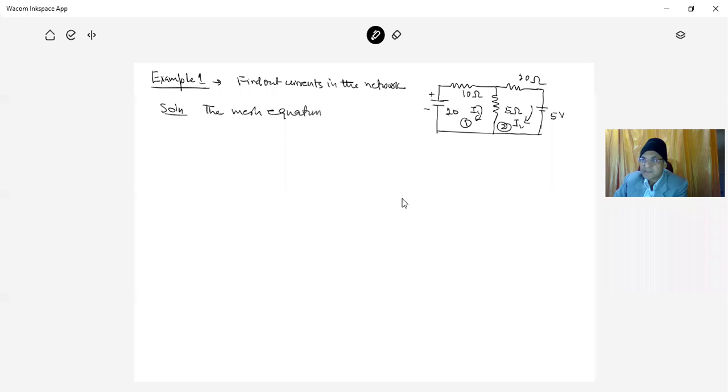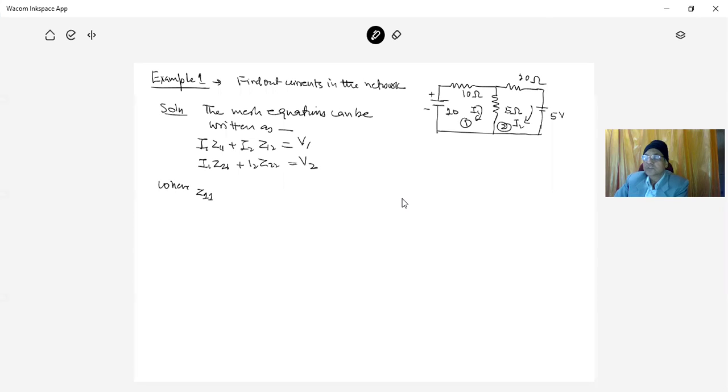Mesh equations can be written as I1 Z11 plus I2 Z12 is equal to V1, and I1 Z21 plus I2 Z22 is equal to V2. This one is the mesh equation, where